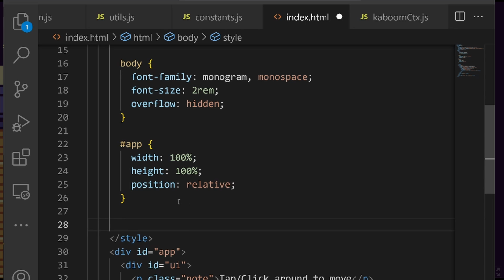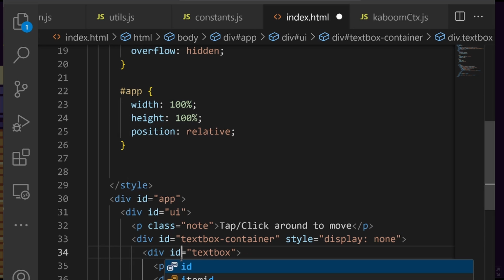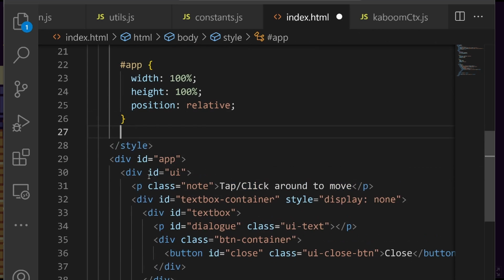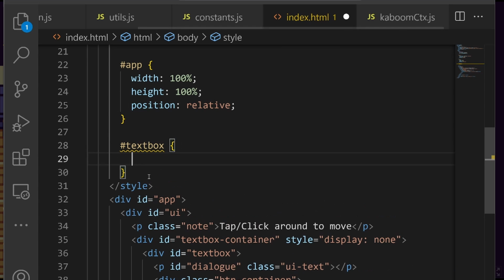Now let's add for our, wait a minute, we have the text box. I don't think this is, I made a mistake. This should be an ID and not a class. And now below here, we're gonna have the ID, sorry, of text box, the selector for it. And here